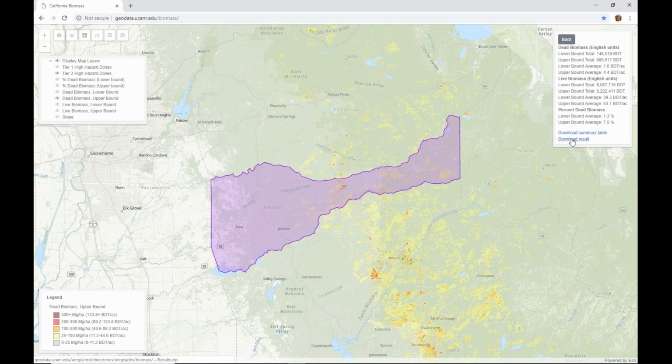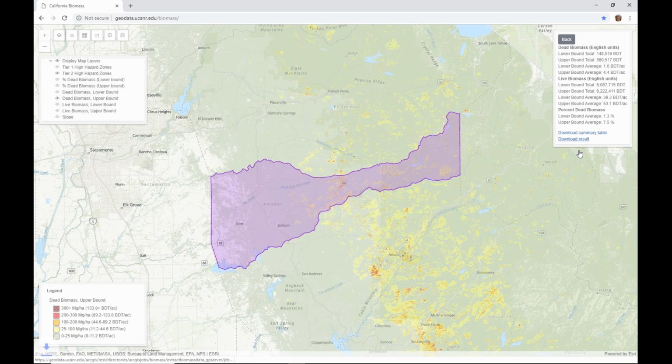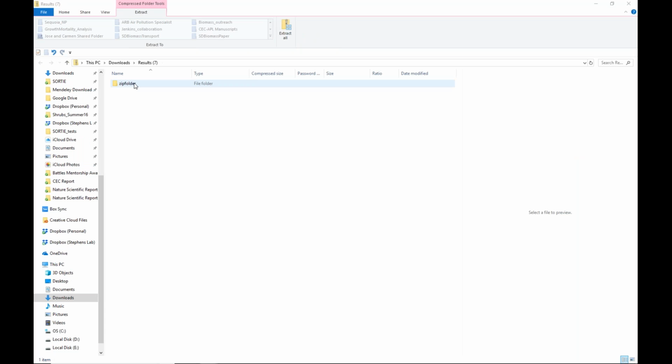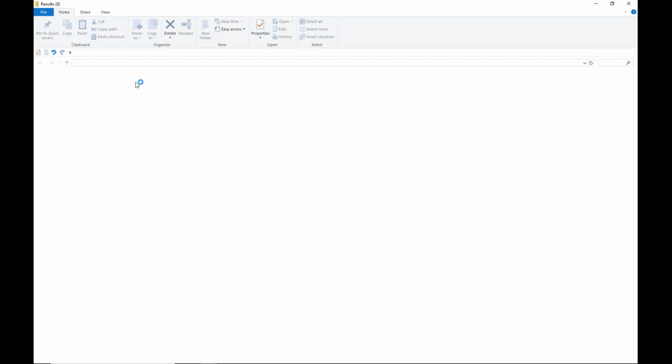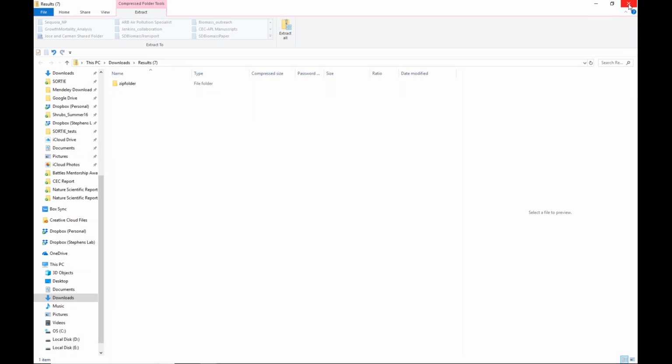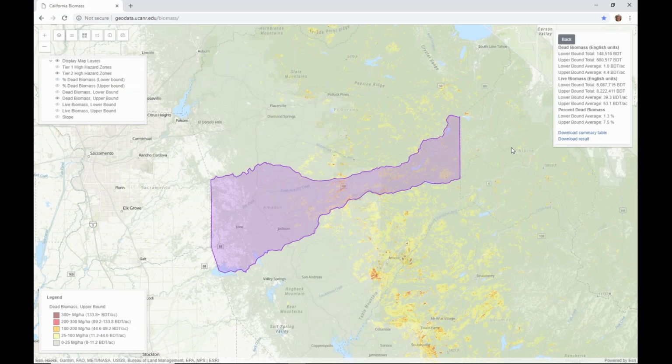If you do want to spatially analyze the data, you hit download results, and then the file format that pops up is what you selected when you selected your area of interest. And that'll be in a zip folder with all of the files that you need. I'm not going to talk too much about how to interpret the geospatial data that you can download. If you are interested in that kind of thing, definitely let me know, and we can incorporate that in a different help session.